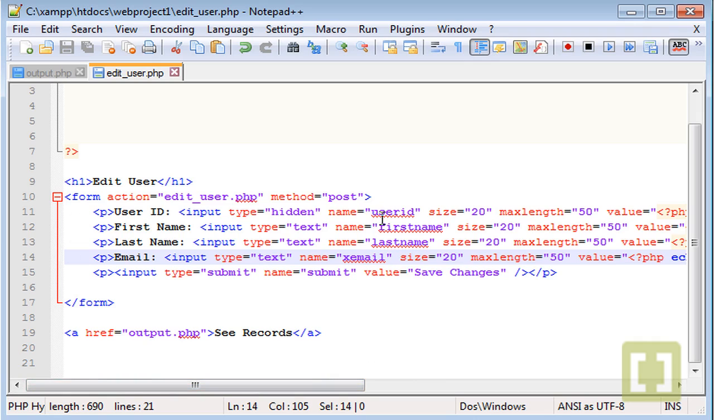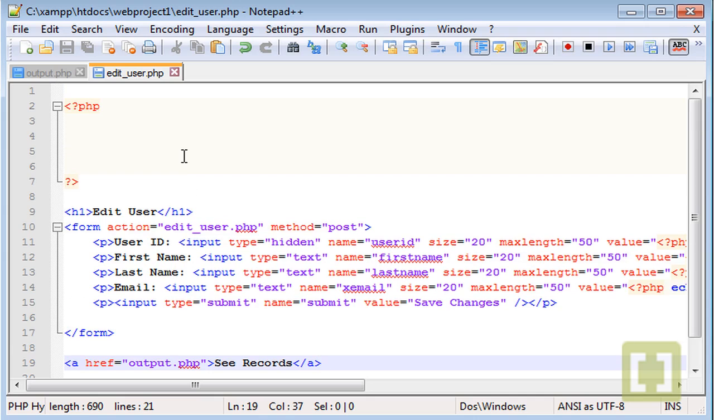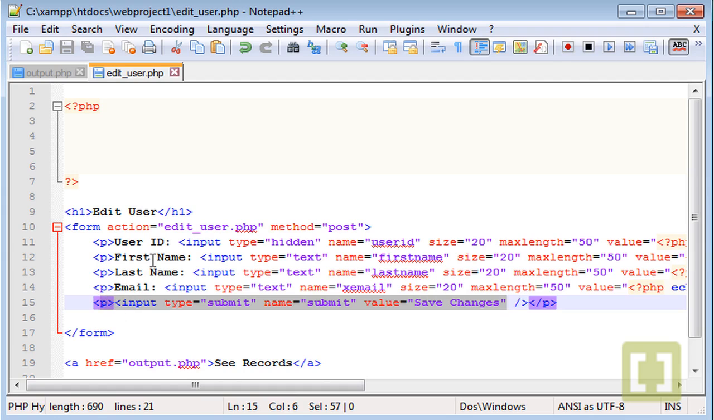Then you have to give new names: user ID here, first name here, last name, email, and that's it. You can also create at the bottom a link to output.php so we can see the records whenever we want. So now whenever we click submit, we'll make the changes for email, last name, and first name